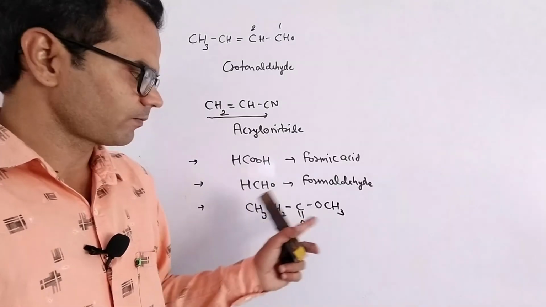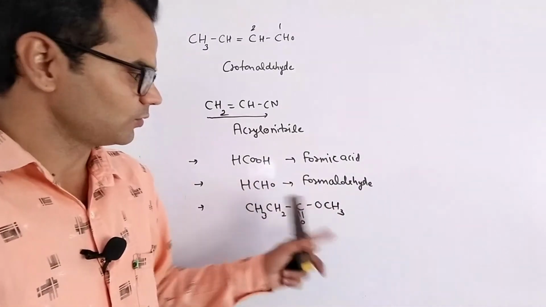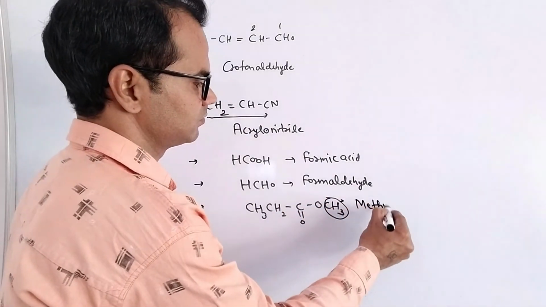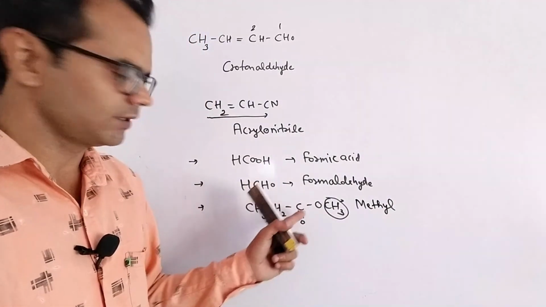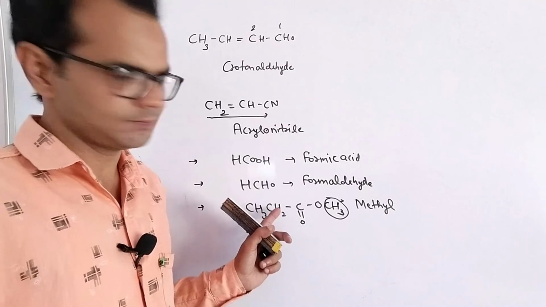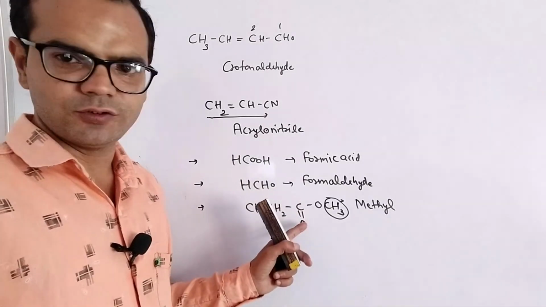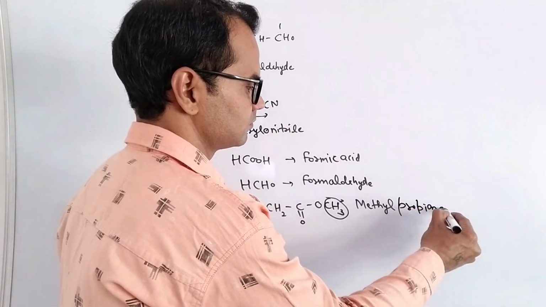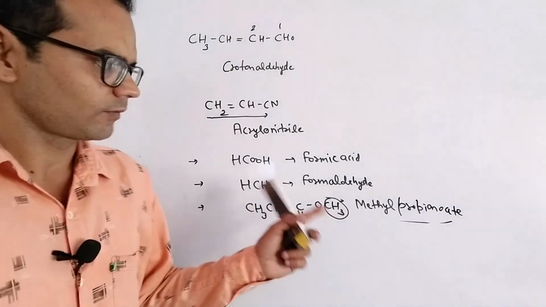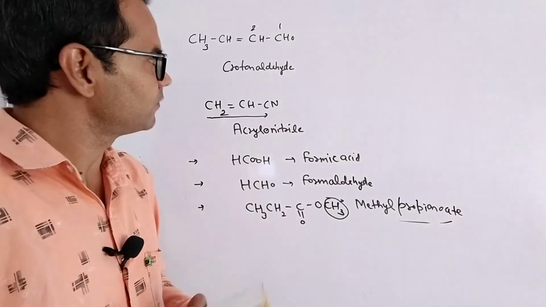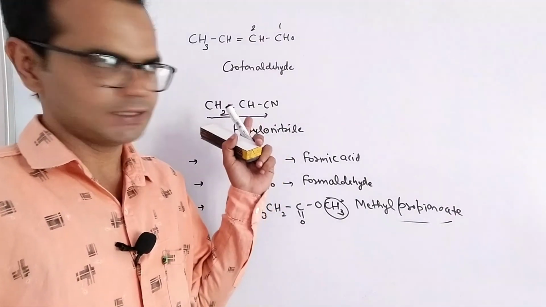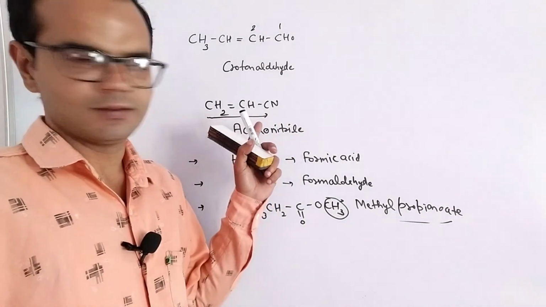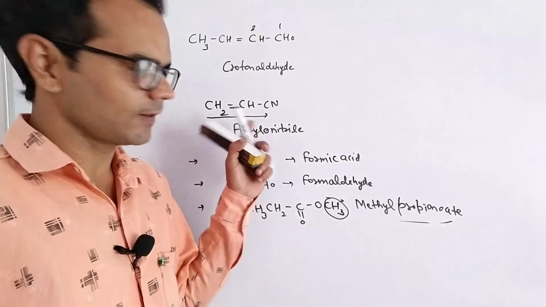Now we have the functional group ester, RCOOR. So this R is an alkyl group, methyl. The remaining part behind has 3 carbons, 1, 2, 3, 4, 3 carbons, the prefix is propion and the suffix is ate. So methyl propionate. So these are some examples of system B, RZ, where Z is a functional group having carbons, and system A was applicable for functional groups which do not have a carbon.